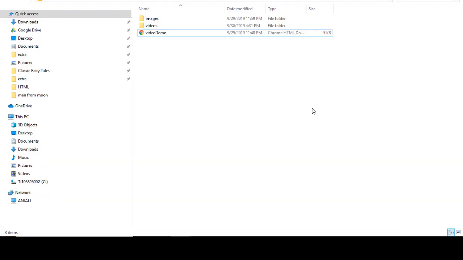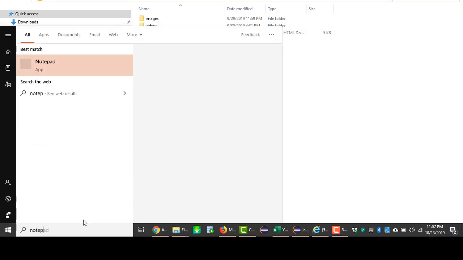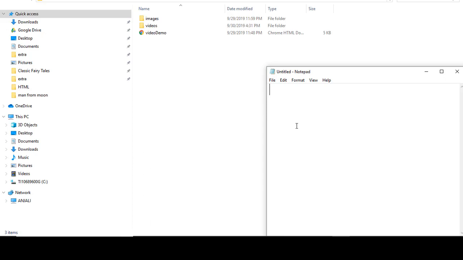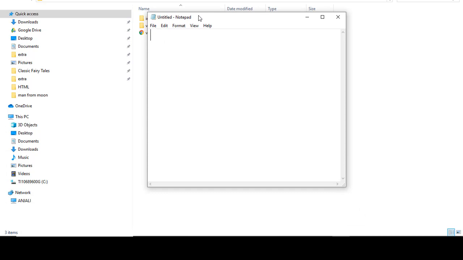Now we'll see the live demonstration of how to link your video in HTML. For that, first we need to have the editor. I'm using Notepad just for simplicity. To make an HTML page, first we need to have the HTML tag, head. Right now we are just simply linking your video, so we are just providing the body, and here we'll give the video tag with your